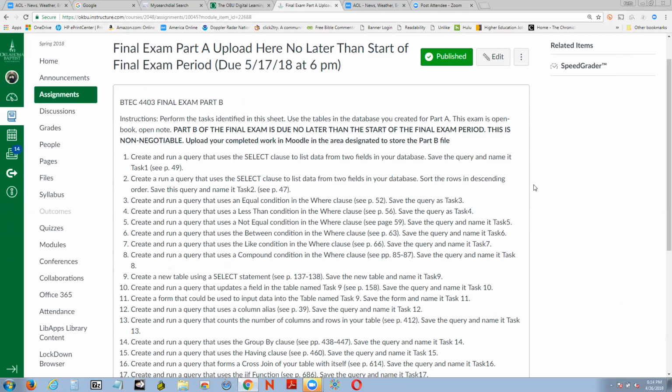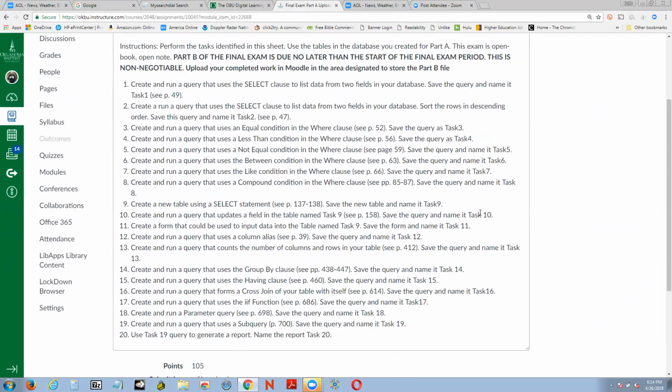Yes. Here's what's happening as you start to look at this. I'm basically having you go and run certain types of queries or exercises as advertised in each of those pages. Okay, let's take number 1. Now I tell you, okay, go over and create and run a query that uses the select clause to list data from 2 fields in your database. Save the query and name it task 1. If you go over to page 49,